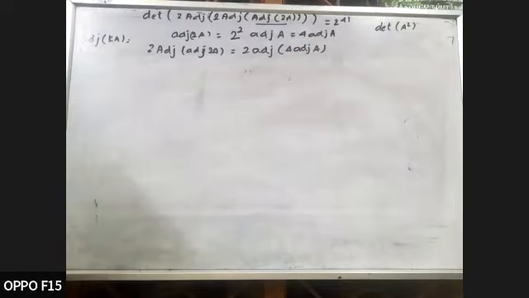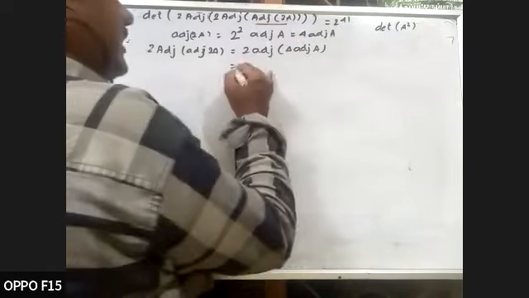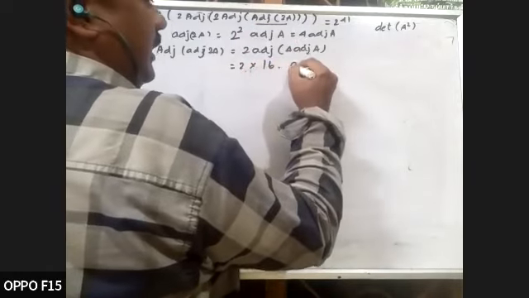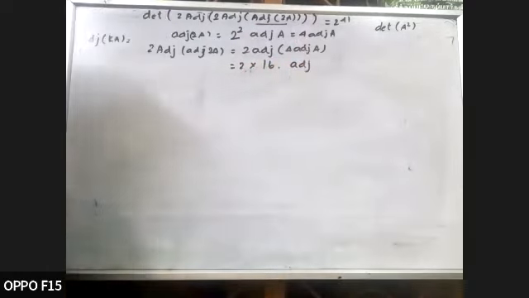Look at what mistake he has made here. We can write this as 2 into adjoint of 2a, 4a, right? Now we need to write the adjoint for this 4. Adjoint of 4a. What is adjoint of 4? 4 squared is 16. 2 into 16 into adjoint of adjoint a, correct? So adjoint of,